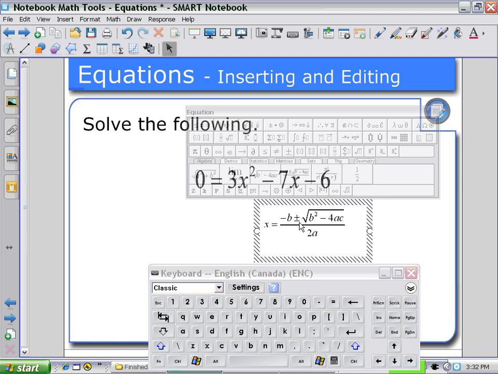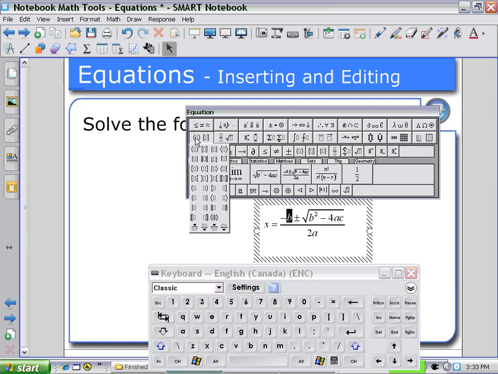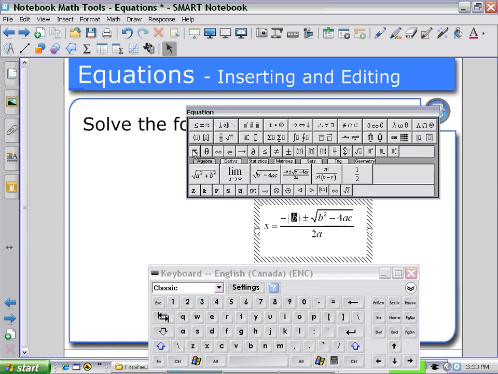Now we can begin to substitute for the values using the equation editor. So here we might need brackets to substitute in the value -7 for b. Again, selecting for brackets and then -7, and then might have to open up the expression so that we can substitute for a